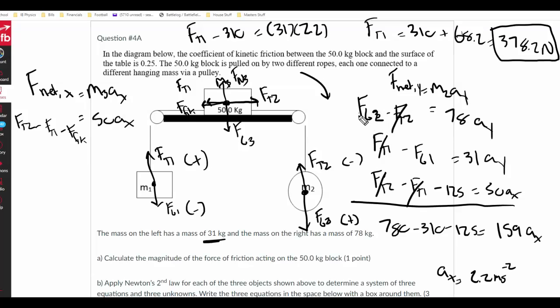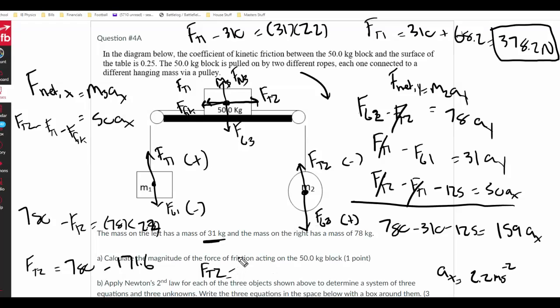Okay, I can use that top equation. Fg2 is, let's see, what was it, 780. So 780 minus Ft2 equals 78 times 2.2. So Ft2, if you rearrange this with basic algebra, you get 780 minus 78 times 2.2. That's a 2, by the way, which is 171.6. So Ft2, 780 minus 171.6 is 608.4